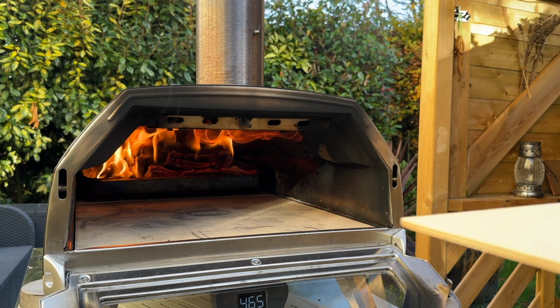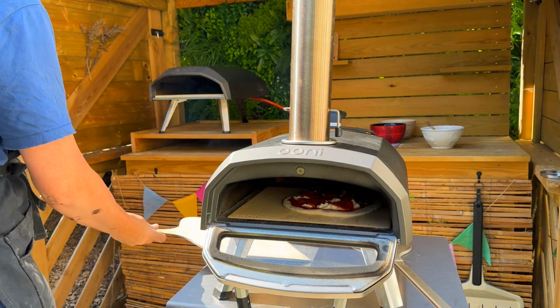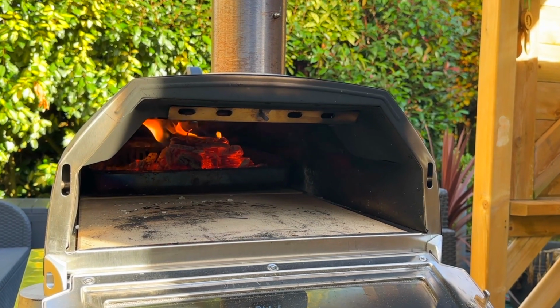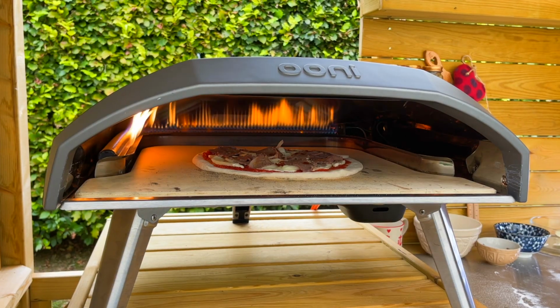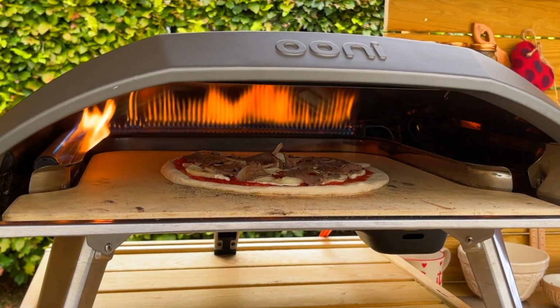However, as a rough estimate, a 16-inch wood-fired oven might require 20 to 25% more wood compared to a 12-inch pizza oven to reach and maintain the same cooking temperature. This is because it has a larger chamber to heat and maintain. Due to its larger size, a 16-inch oven might take slightly longer to heat up initially. Once it's properly heated, cooking times for a 16-inch pizza would be relatively consistent with the cooking times recommended for